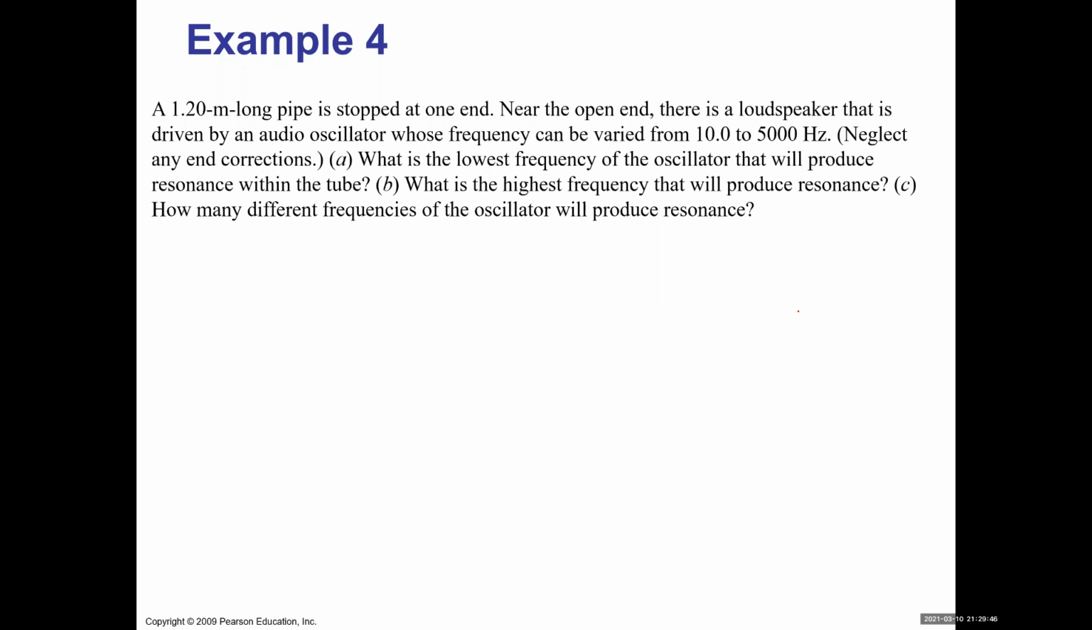All right, so let's look at this part. We're given the length, a 1.2-meter long pipe, so L equals 1.2 meters. We're also given the frequency range: driven by an oscillator, it goes from 10 to 5,000 hertz. For part A, we want to find the lowest frequency. To find it, we have this equation: f of n equals